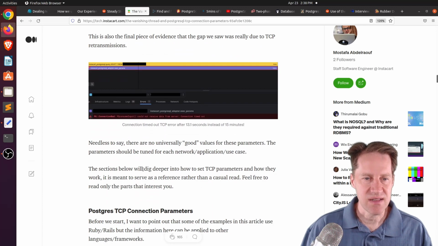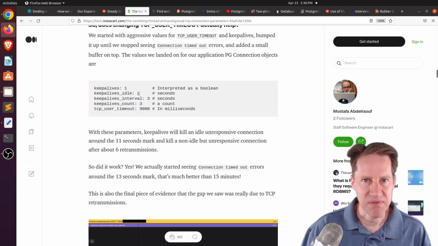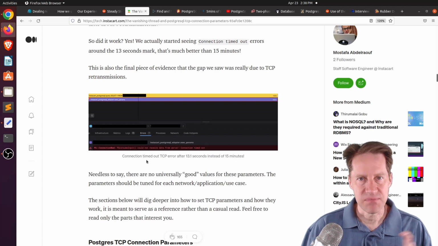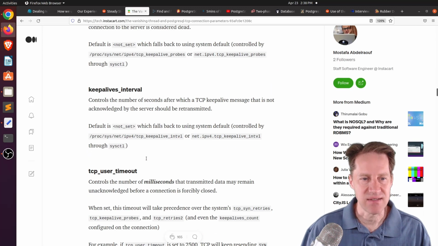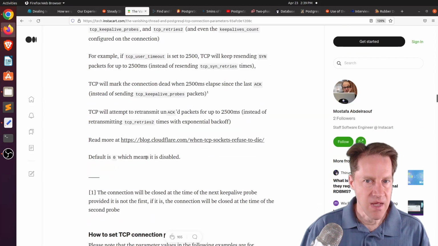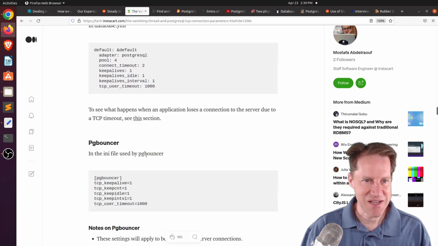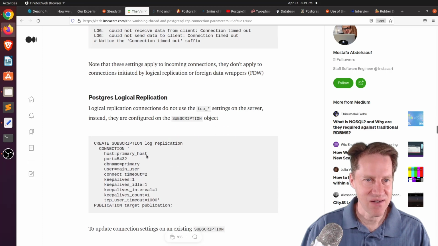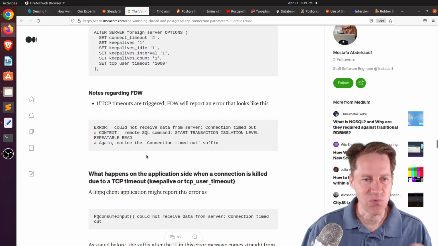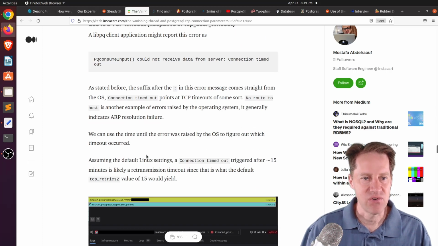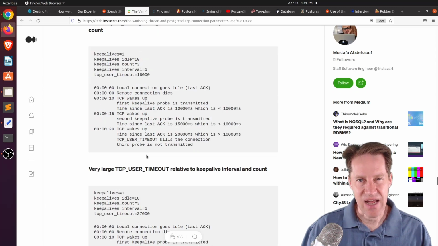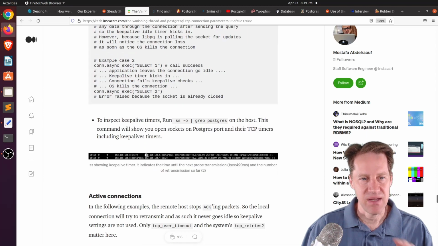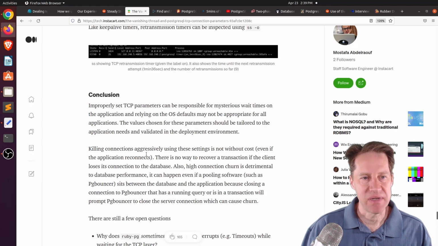So by adjusting that, and again, this is application specific, you wouldn't want to just copy these and put them in your application. But with these parameters, they were getting things canceled appropriately and not taking 15 minutes to get canceled. But this post, as you can tell, is very, very long, goes into a lot of details of setting these different settings and where they set them to get the behavior that they're looking for. Now, this doesn't identify what the exact problem is, but it at least mitigates the problem and allows these connections